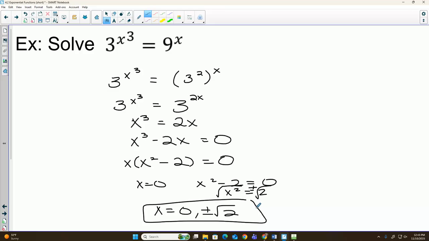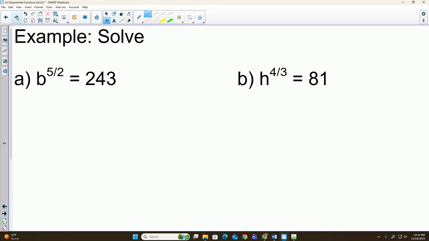All right. Any questions on that? Sometimes you are asked to solve problems where the variable is in the base. So I'm just going to do a couple of those. We won't have very many of them, but just make sure we're okay with that before I do anything else. So if I said b to the 5/2 power equals 243,